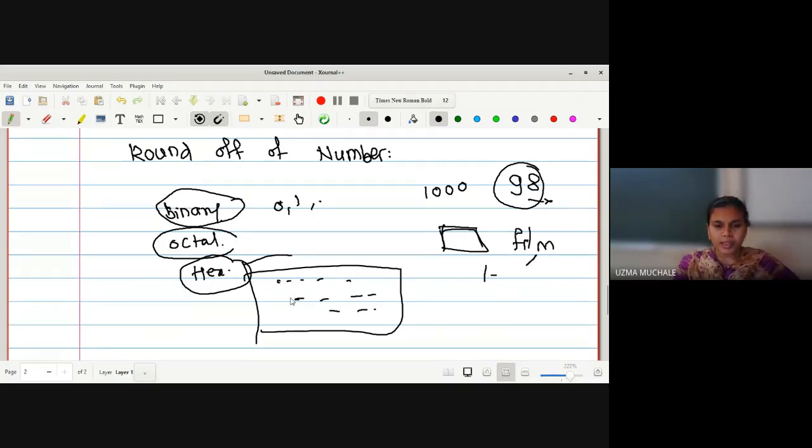So what is the case for rounding of a number? Whatever number we are getting for that particular image or video or any number, we have to reduce that to a